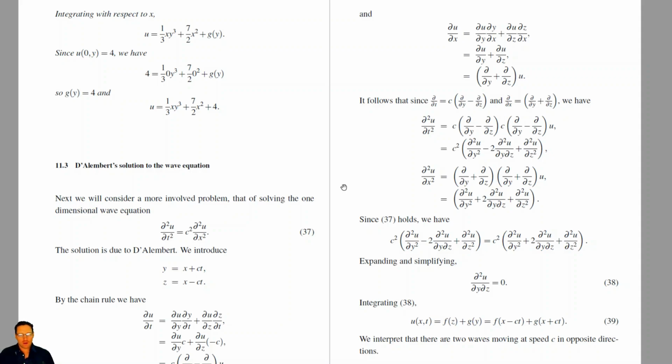D'Alembert's solution, or means of characterizing the solution. Okay, so we're going to introduce two new letters, y and z. So we let y equal x plus ct and z equal x minus ct. By the chain rule, this is another version of the chain rule for partial derivatives, we have that the partial derivative of u with respect to t is the partial derivative of u with respect to y times the partial derivative of y with respect to t plus the partial derivative of u with respect to z times the partial derivative of z with respect to